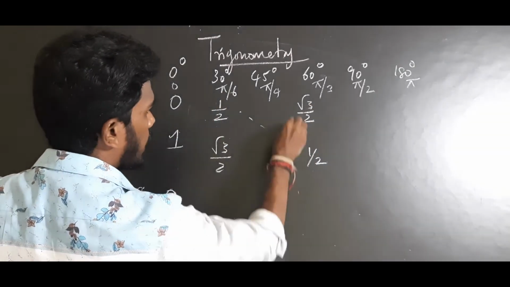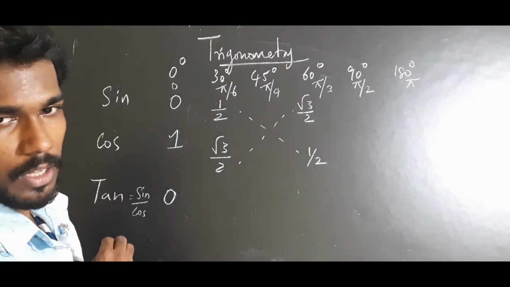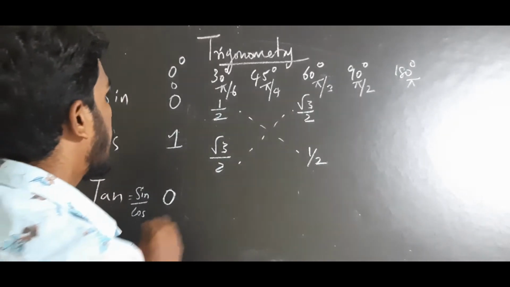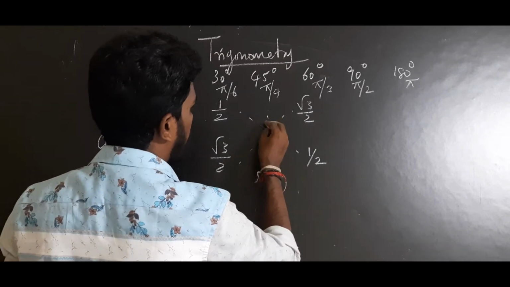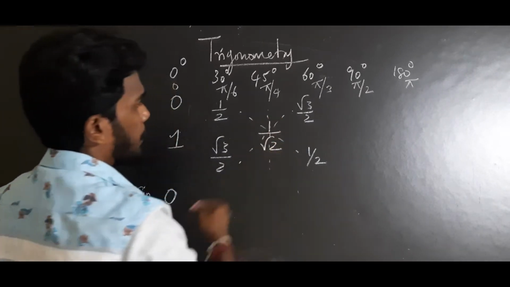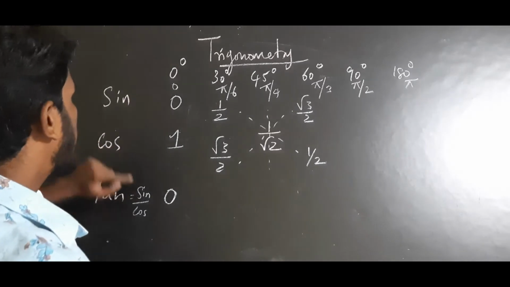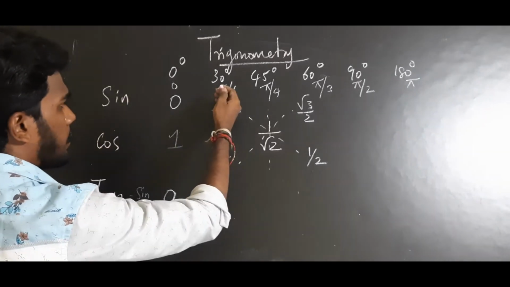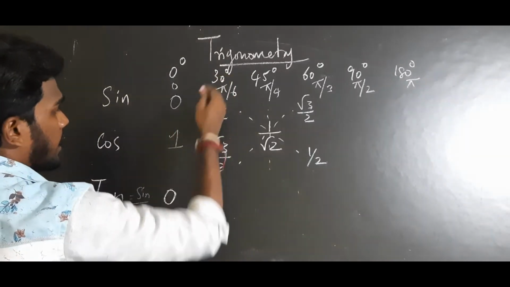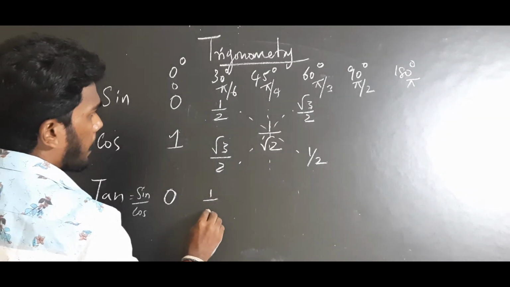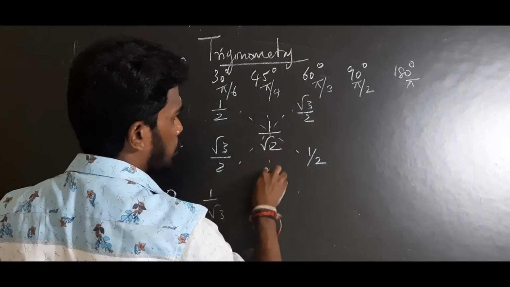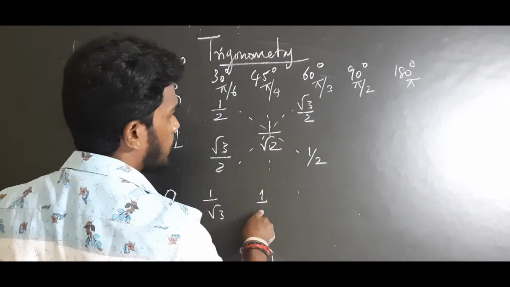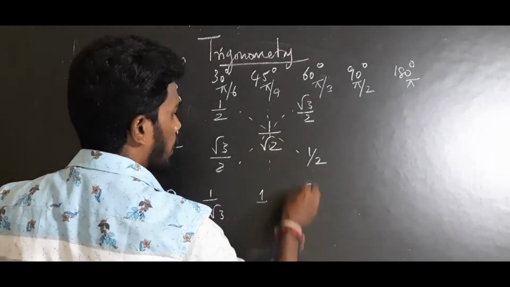So you can know this chain if you feel difficulty in remembering the formula. And sine 45 degree and cos 45 degree both have the same value of 1 by root 2. Got it? So then how will you calculate tan? That is nothing but this value divided by this value. So tan 30 degree will be 1 by root 3. Tan 45 degree will be 1 because this is 1 by root 2 and this is also 1 by root 2. It cancels, gives 1. And tan 60 degree will be root 3.